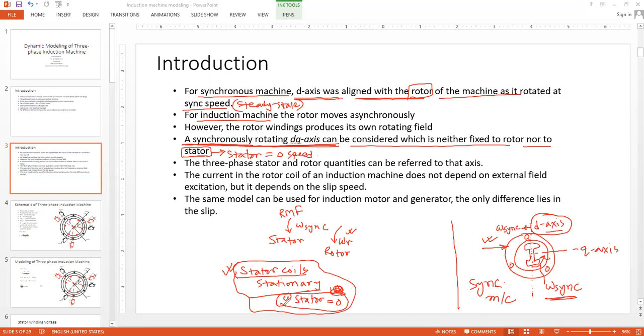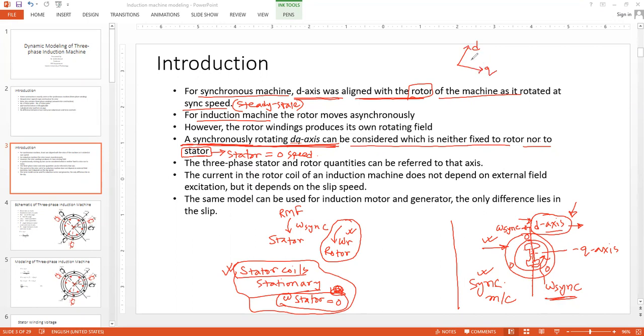In the synchronous machine, we had a benefit that the rotor rotates at synchronous speed. So we had an additional advantage. We assumed that the D-axis is also aligned along that axis, and the D-axis is also rotating at synchronous speed. So we assume the D-axis along the rotor axis. That was the benefit in the synchronous machine. In the induction machine, unfortunately, the rotor is not running at synchronous speed. So the only way we can assume the DQ axis is to have a new set of axes, D and Q,